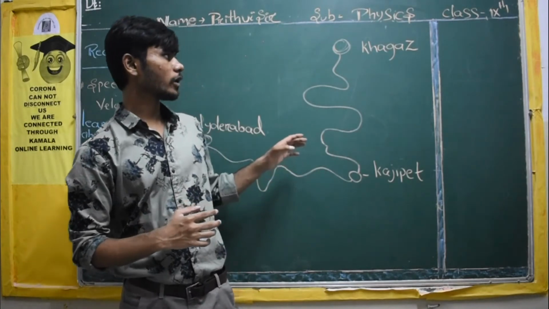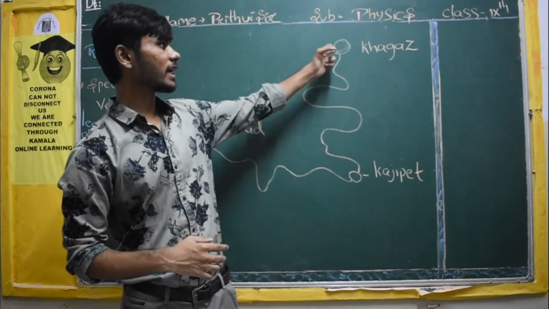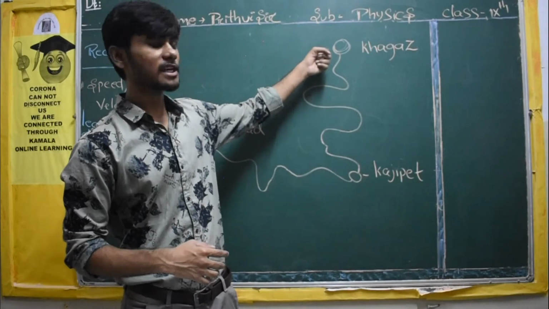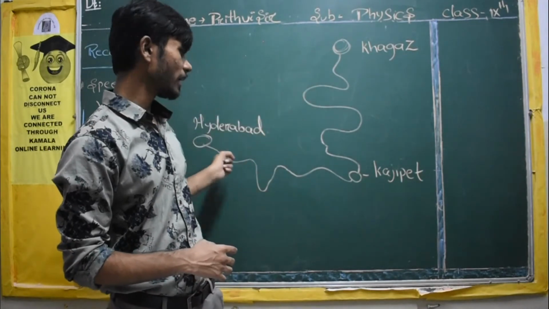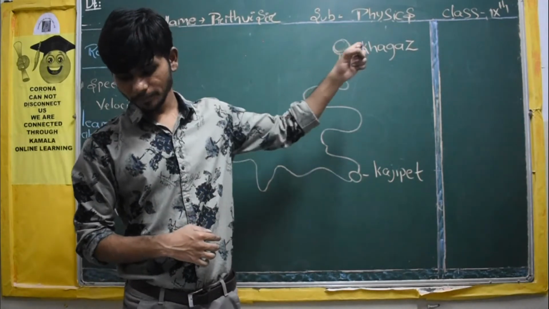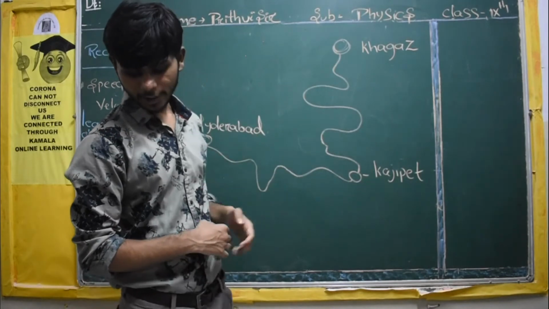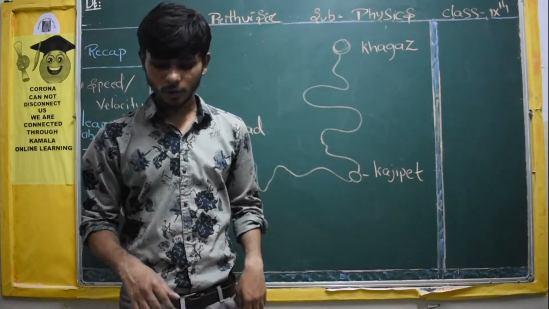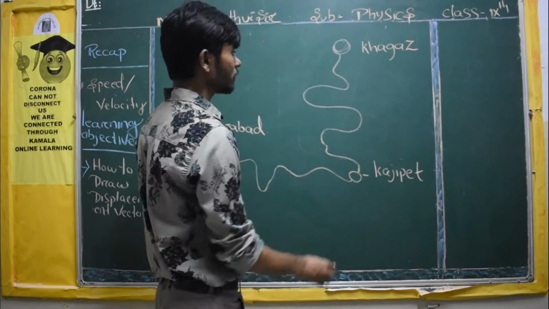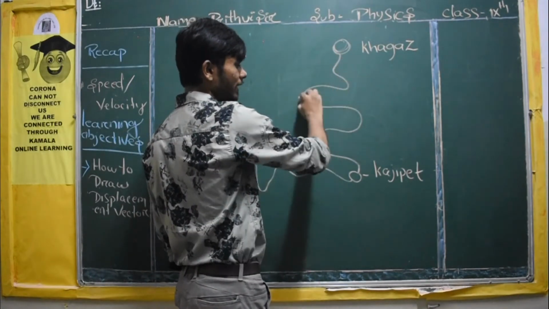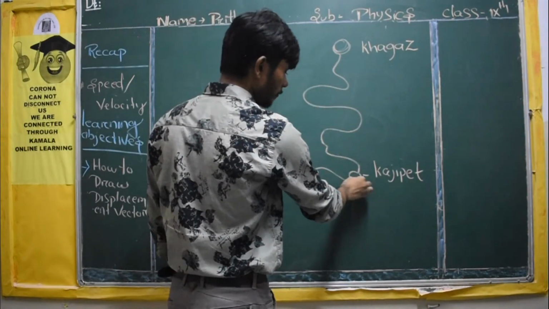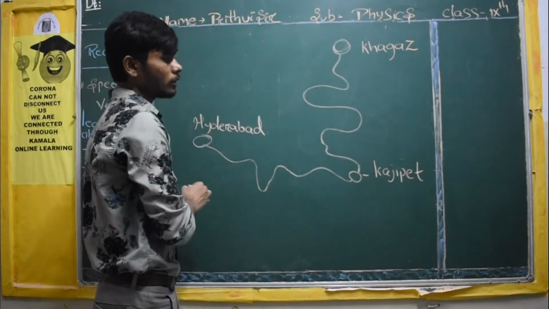So in this figure, what we have seen is Sirpur Kagasnagar station. From here a train started its journey and reached Hyderabad. It started at 2 p.m. and reached Hyderabad at 8 p.m. on the same day. What path has it followed? As you can see, an irregular path. It went to Kazipet, and from Kazipet station it again came to Hyderabad.